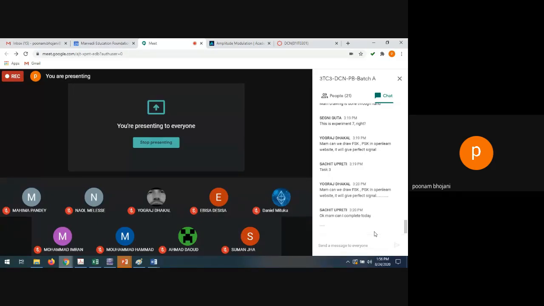I told you, you can use any format. You can use Paint, you can use Word, you can use a website, you can use the Multisim tool, right? You can get an answer from the Multisim output also, and you can draw it by hand also. So anything you are comfortable with, you can do it. Yeah, so whenever you get the time, kindly complete the lab exercise. But first, till the next lab, I want your doubts if you have any, so that you can complete it next week also. So you can come with your doubts in the next lab and we will cover the next experiment also.